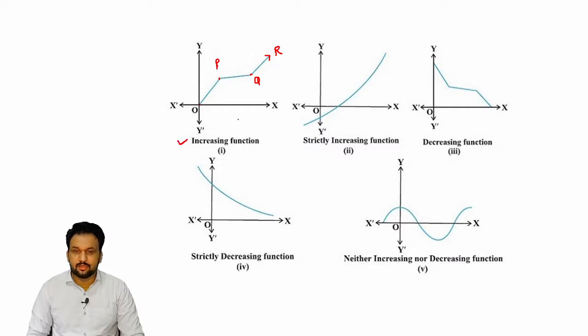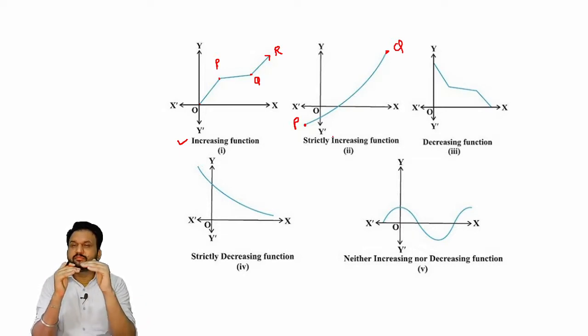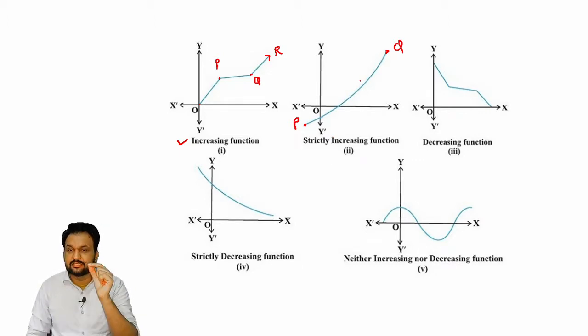Overall this function is increasing, but you can see in the second part, this is your point P and this is your point Q. In the whole function you can see it is gradually increasing, nowhere is the function giving you a constant value, nowhere is it stopping. It is always giving an increasing value. So from P to Q, this function is always strictly increasing. Increasing means somewhere the function may give a constant value, somewhere it may stop increasing. But if the function is always increasing and nowhere stops, the function is strictly increasing.